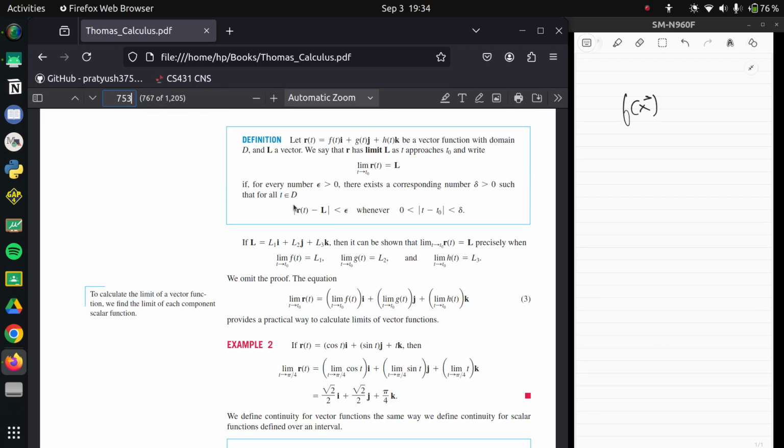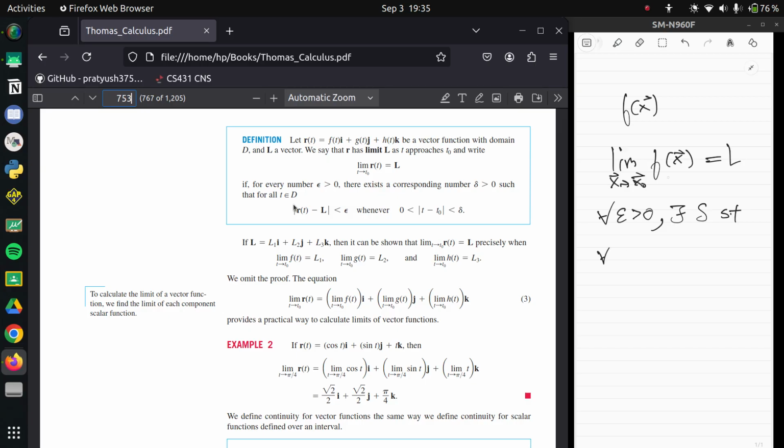As x vector tends to x naught vector, your f of x tends to L. So what that means is for all epsilon greater than 0, there exists some delta such that for a solid sphere around your x naught point,